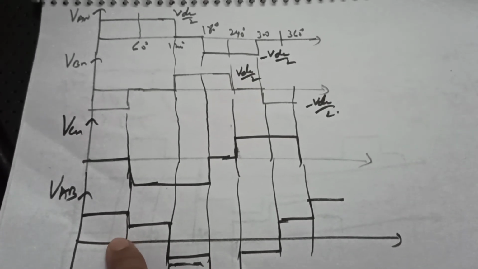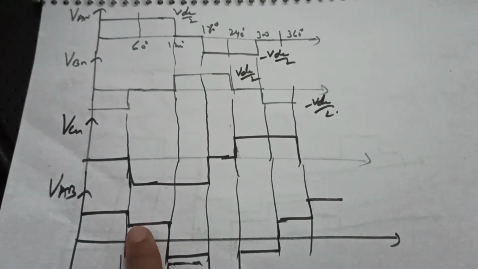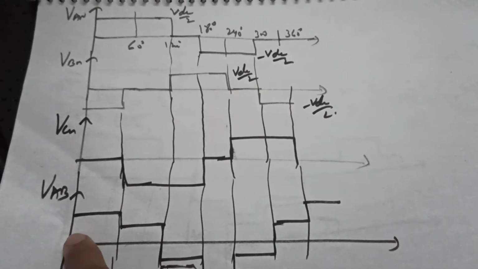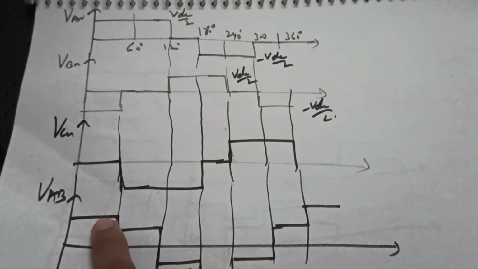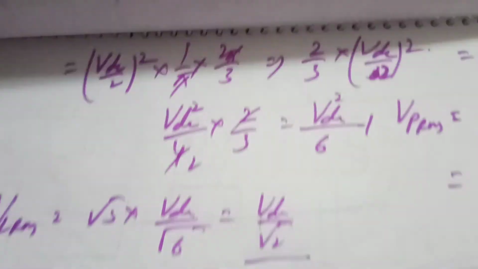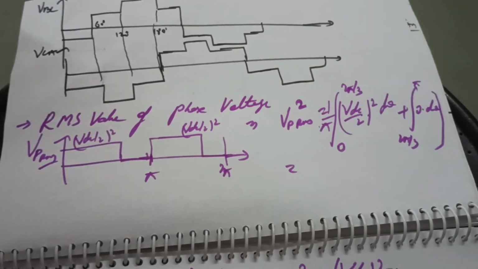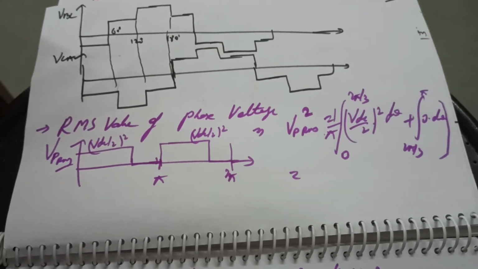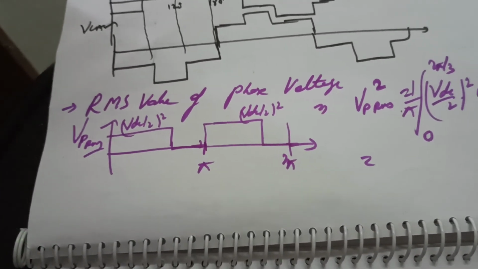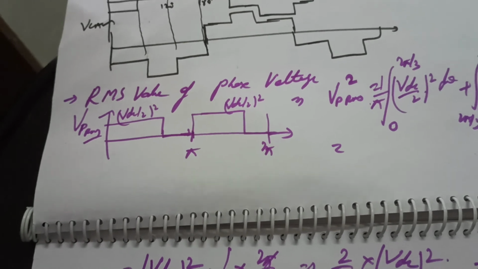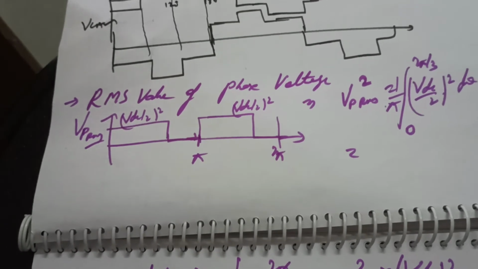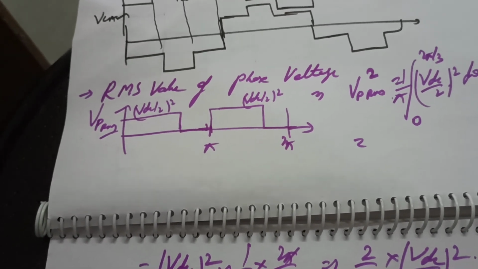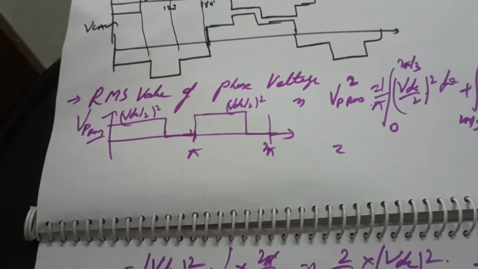Clear? VAB, VDC by 2 minus, so it is VDC. After that VDC by 2 minus 0, so it is VDC by 2. So basically this is changing between VDC and VDC by 2. Clear? That's why we have to multiply, because the peak in that case was 2 VDC by 3. In 180 degree mode it was 2 VDC by 3, but in this case the peak is VDC, so you have to multiply it by 3 by 2. Clear now? That's why where it was 2 VDC by n pi, it becomes 2 by 3 VDC by n pi.